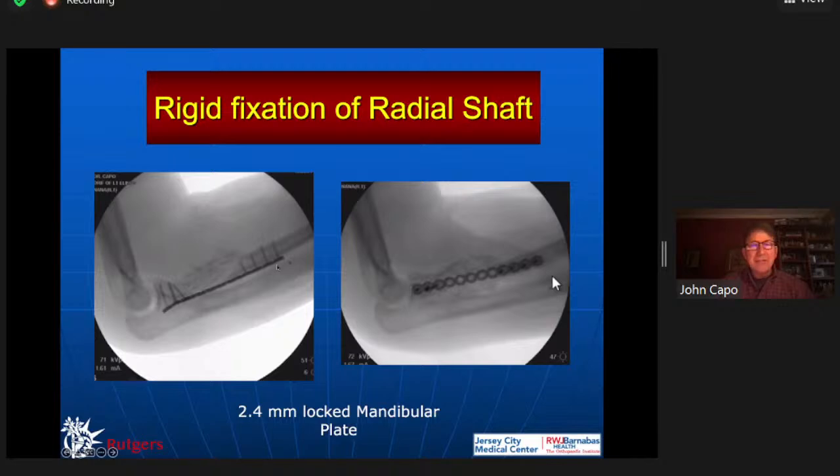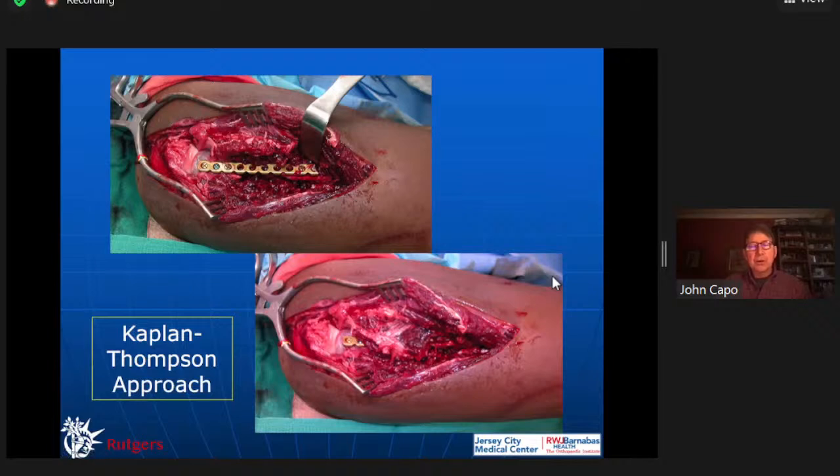Now I think the midfoot set has a long T plate that I use, but you want to span this comminuted fracture. And with this case, this is one of the few cases I'll do a Thompson. So you still need to know how to do a Thompson. There was actually a gunshot wound through here. And remember, the posterior interosseous nerve is up in there. So keep that out of the way.